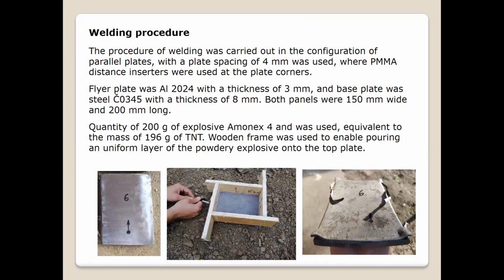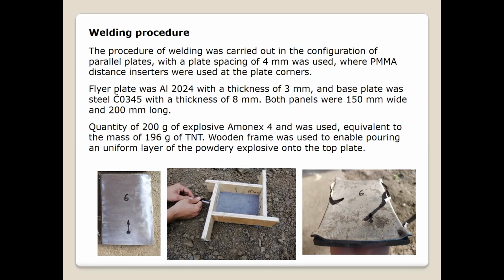Then we have done the welding procedure. We have taken two metal plates, one from aluminum and the second of steel, of dimensions 15 times 20 centimeters. The thickness of the steel plate was 8 millimeters and the aluminum plate was 3 millimeters. We have placed the